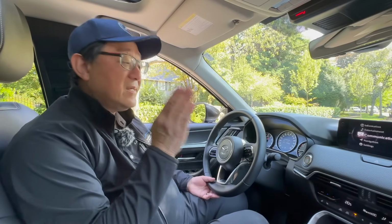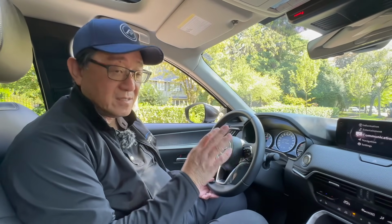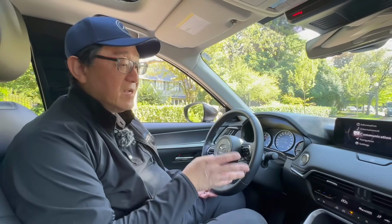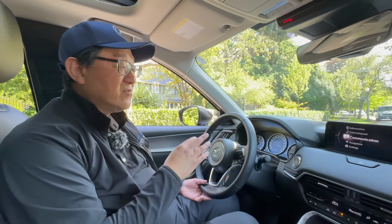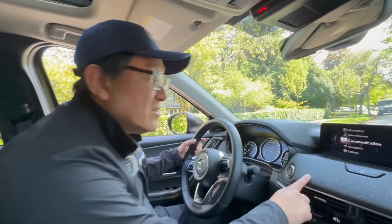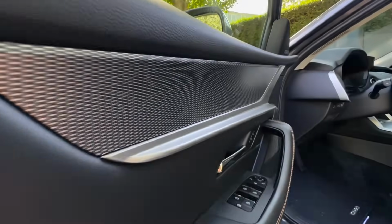Okay, so now I'm inside the Mazda CX-90, and this is where things begin to change a little bit, at least in terms of design. But first, let's take a look at the quality of the interior of the CX-90, referencing back to the Grand Highlander, and see if I can figure out which one might be better, or perhaps they're almost the same. So first, in terms of the interior material fit and finish,